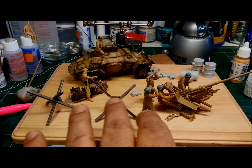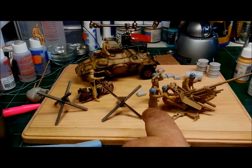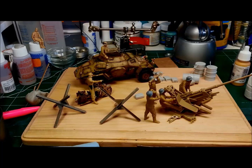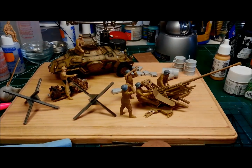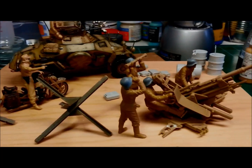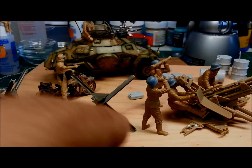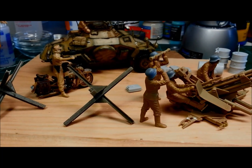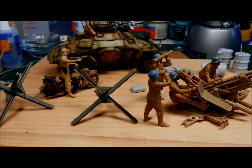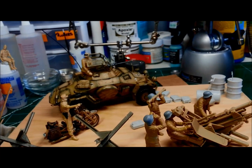All the construction is done on the figures. And now it's all about adding guns, things on their utility belts, all that other stuff. I'm going to need to pick up some very thin lead sheet so I can make straps, because I picked up a little weapons set. Here, I'll show you guys in a second. I picked this up,